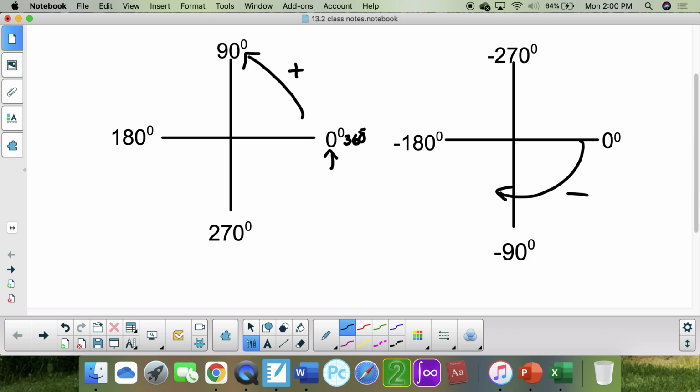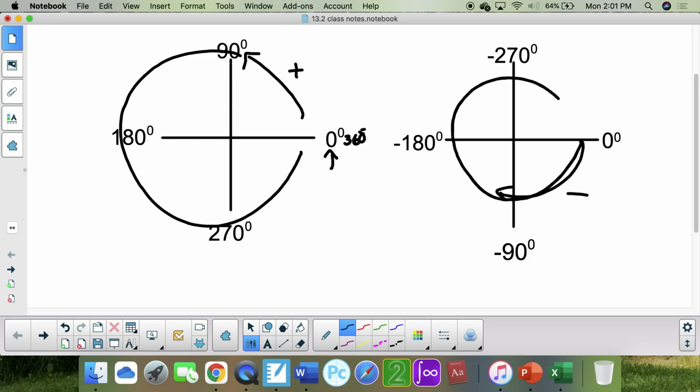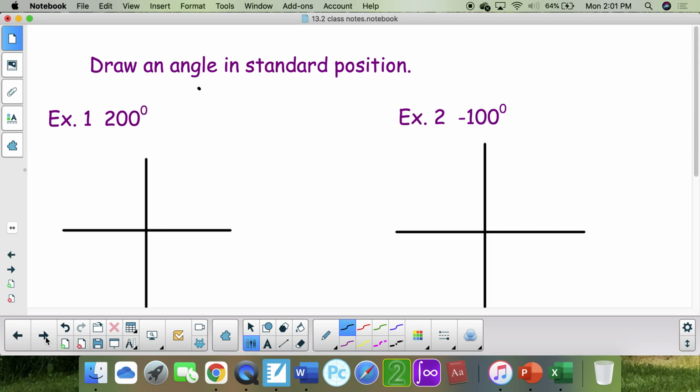In this direction, counterclockwise, it's positive. Clockwise, the way the clock goes, is a negative angle. It starts 0, then negative 90, then negative 180, negative 270, and all the way back around is a negative 360. Okay, for the first part of the assignment, all I want you to do is draw the angle,